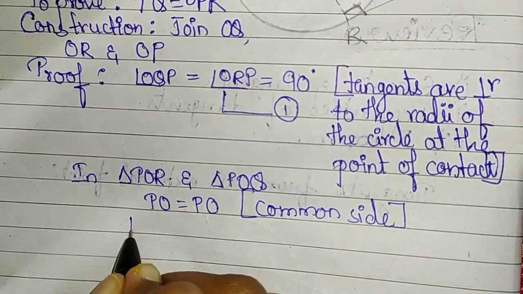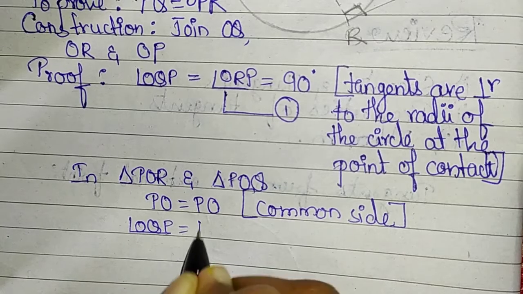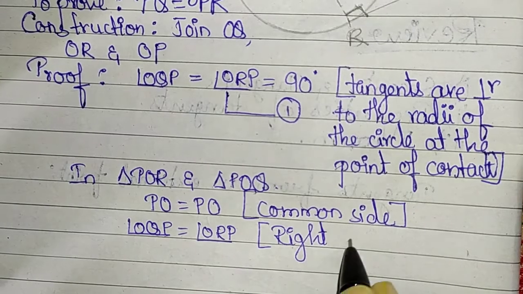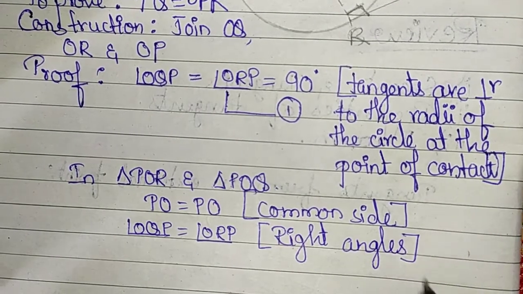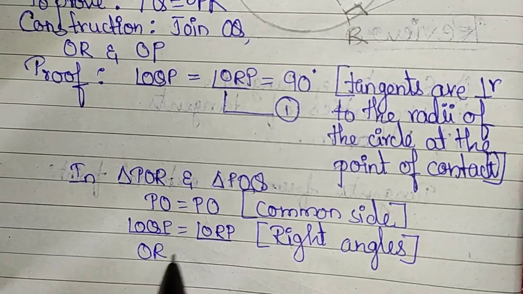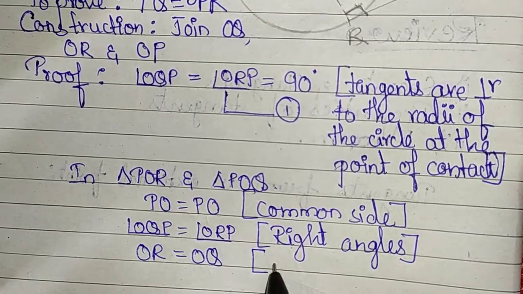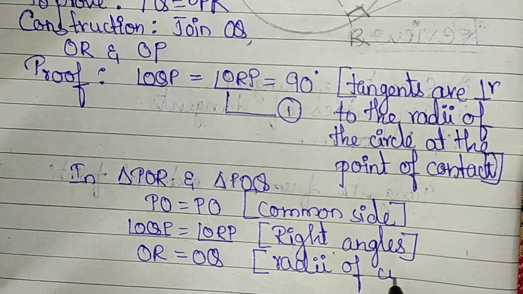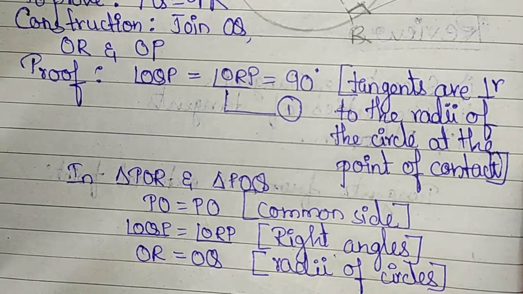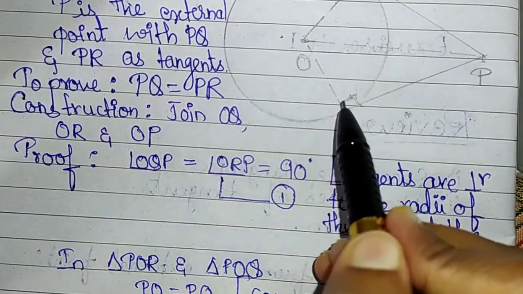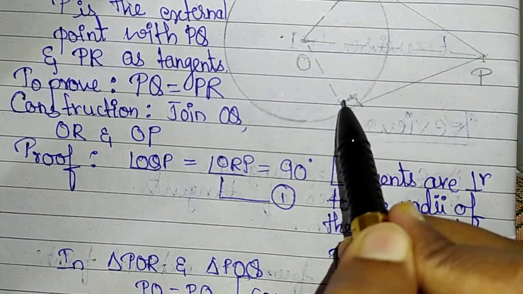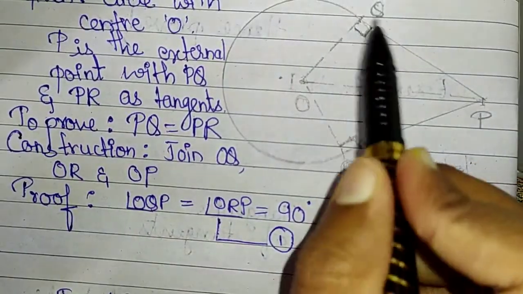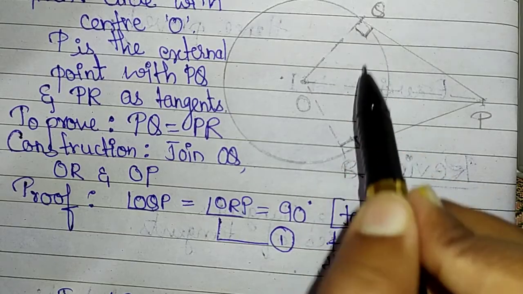Then angle OQP is equal to angle ORP, right angles, from result 1. And lastly we have OR is equal to OQ because radii of the circle are the same. So here, in this triangle ORP, this is the right angle and the opposite side OP is the hypotenuse. Similarly, in the triangle OQP, angle OQP is a right angle, so the opposite side, that is OP, is